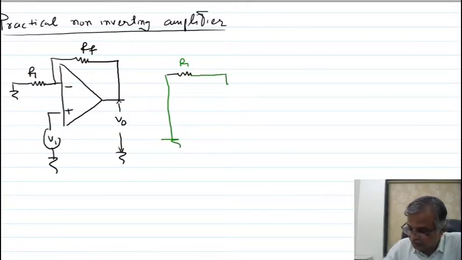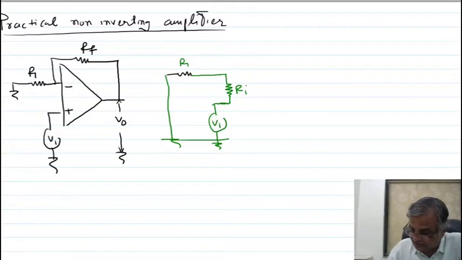This is the input resistance of the op amp, let me say Ri. And here you are giving the voltage Vi. You can see in the circuit it is parallel to that, that's why I am showing you. See, this R1 I have shown here. Between these two is Ri. This is your Vi. This feedback I am showing you. This is the feedback resistor RF. Let me say this point is A, and this is your Vd.